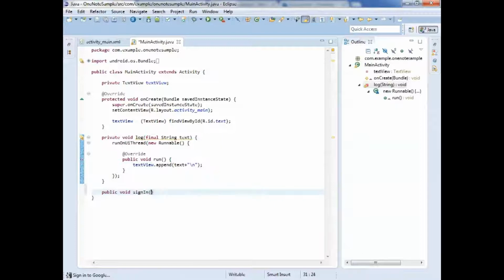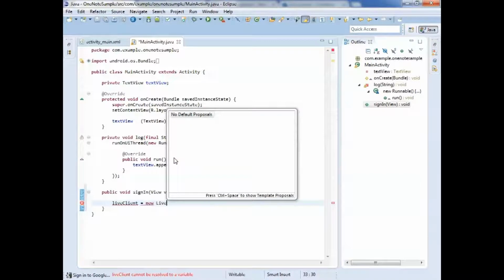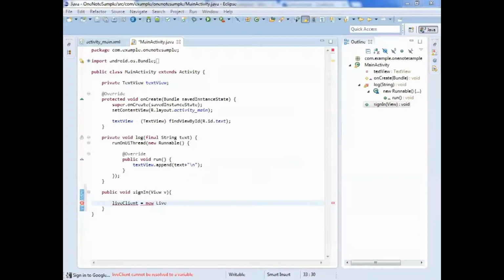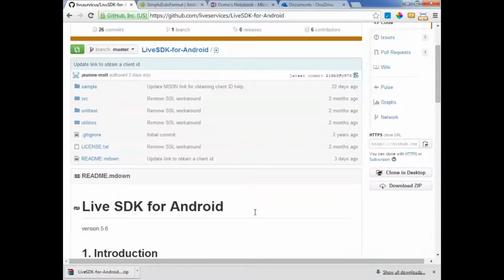Next up, let's wire up the actual sign-in button. Now, in order to do the sign-in and acquire the credentials and do the basic authentication and so on that we need against the live services, of which OneNote is a part, we're going to make use of the Windows Live SDK that Microsoft have produced for the Android client. So you can see here, this is the Live SDK we're looking at, and we can see it off of the GitHub account here. You can see the full URL up at the top there,